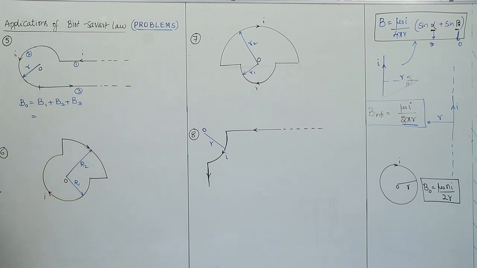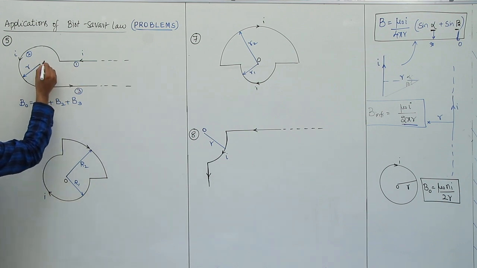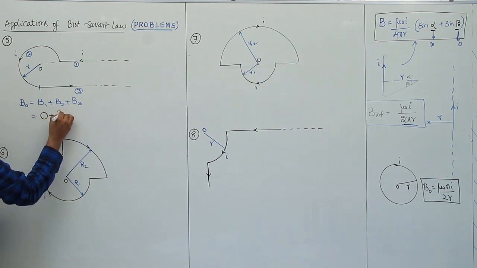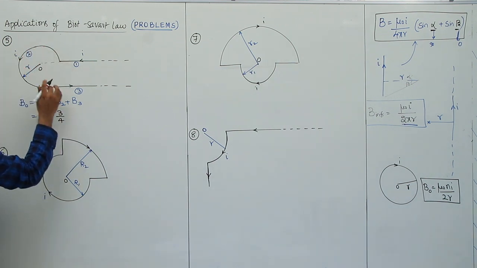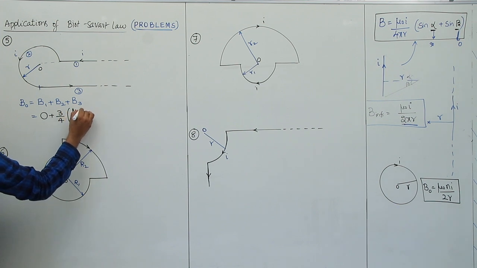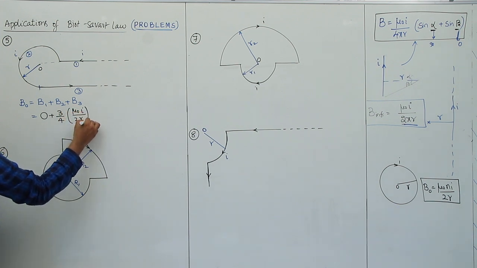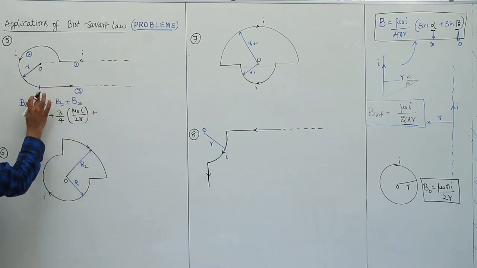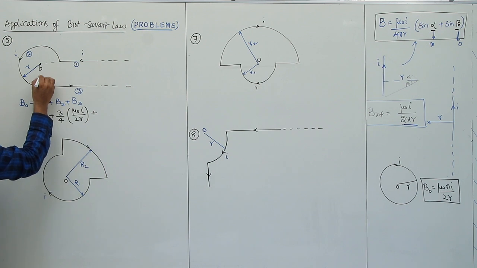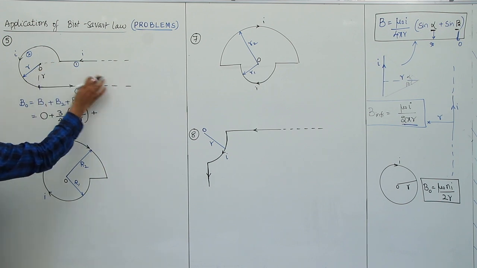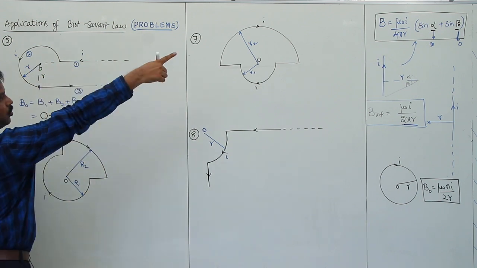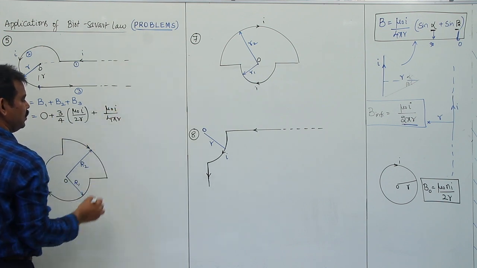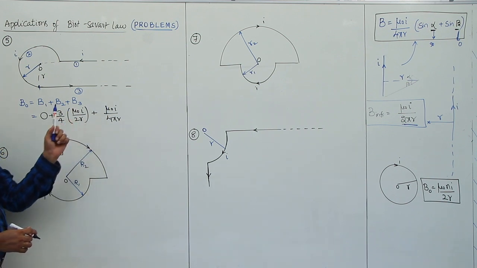So what is the magnetic field due to the first wire? Here the point O lies on the axis of this wire. So this is 0. This is 3/4 of the magnetic field due to a complete circular portion. So mu naught I by 2r, plus the magnetic field due to the third portion. Remember, this point is not on the axis of this one. It is at distance r, and for the infinite wire alpha will be 90, beta is 0. Use that value. Mu naught I by 4 pi r, sin 90 plus sin 0 will become 1.